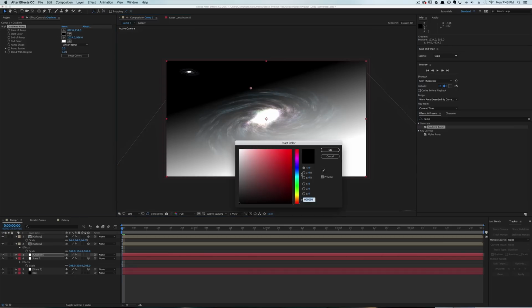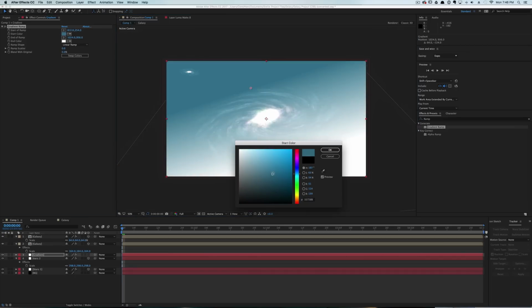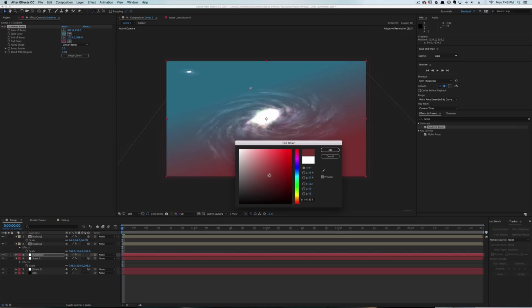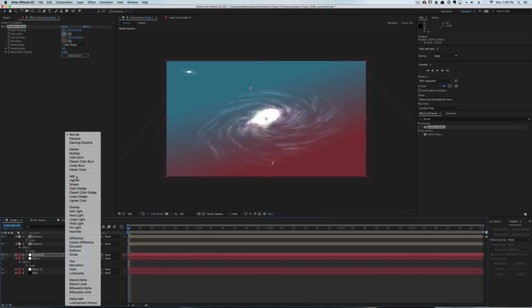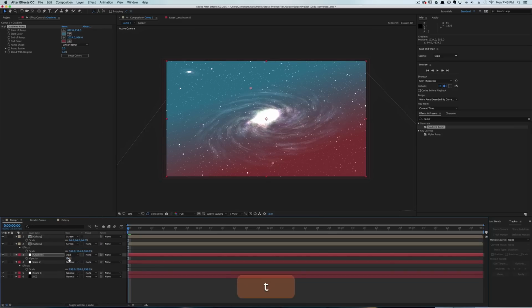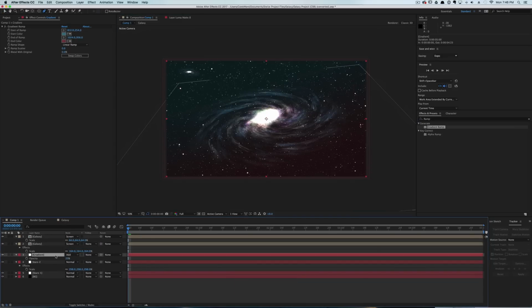And the start color, we're going to set to a middle of the road desaturated blue. And for the end color, we're gonna set it to a middle of the road desaturated red. And now we can change our transfer mode to add and hit T for opacity, and we're gonna drop the opacity to about 25%. So go ahead and select your gradient layer, select your pen tool, and we're just gonna